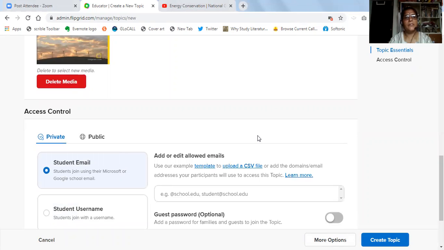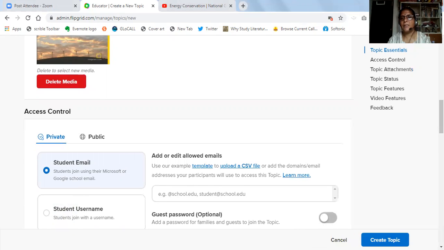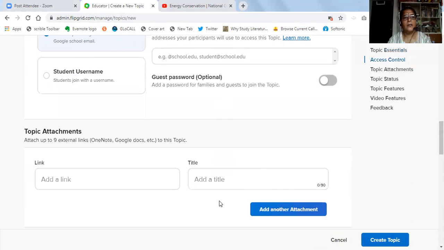So now I have to decide how I'm going to share this with my students. It can be done either by sending an email or by using the username. I'm selecting more options here. I can add different attachments. I can provide 9 external links here,